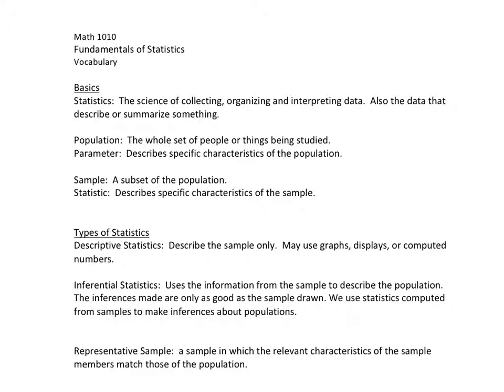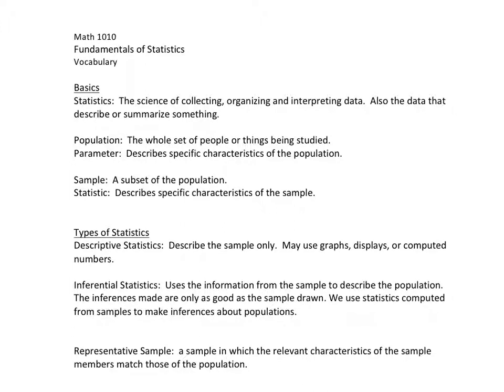I'm going to go through the definitions of these, pointing out which ones are more important than others, the ones you can expect to see again. And then I would like it if you would do the practice sheet and check your answers. Make sure you let me know if there's any of those that you don't understand, why they are something or not something else. Because this is pretty much, other than the review for the test, the only practice you'll get on the vocabulary. So if we start at the top and we just get some basics out of the way,